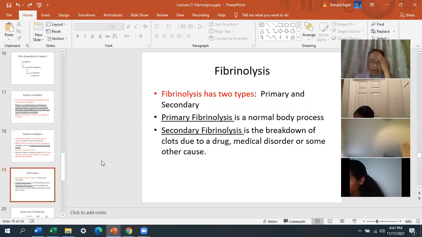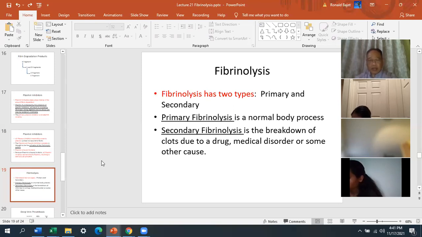Okay, fibrinolysis. You have two types of fibrinolysis, primary and secondary. Primary fibrinolysis is a normal body process, like what I just went through. It's a normal process of dissolving clots that have formed. And secondary fibrinolysis is the breakdown of clots due to another reason, like a drug or a medical disorder or some other cause. So that's secondary fibrinolysis. It's like an external cause of